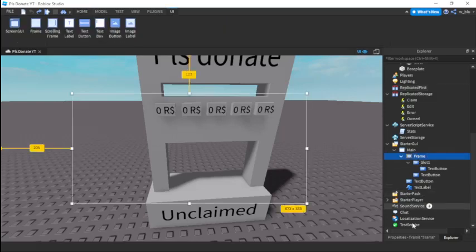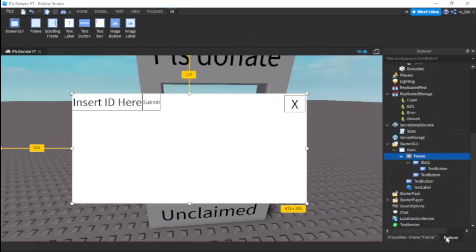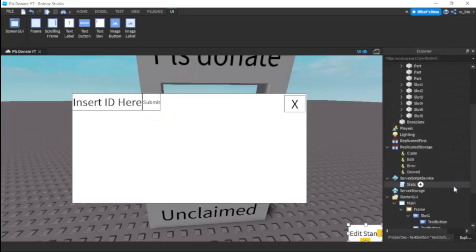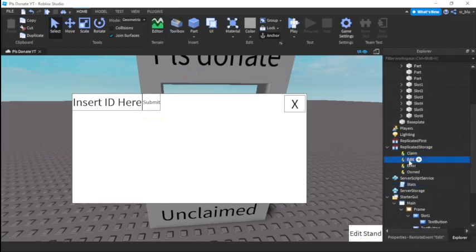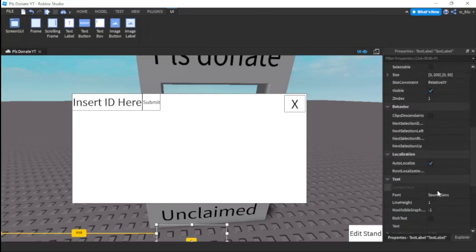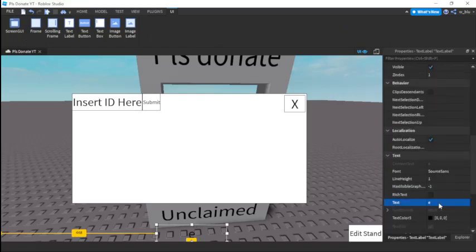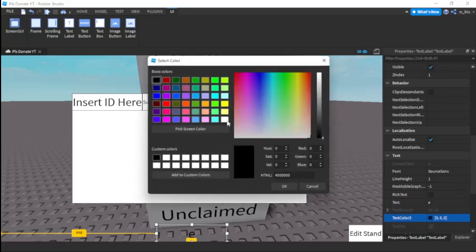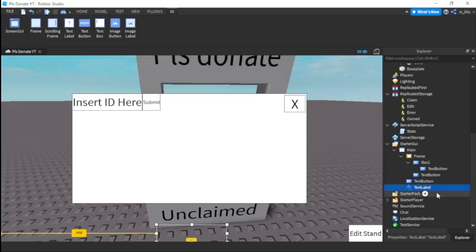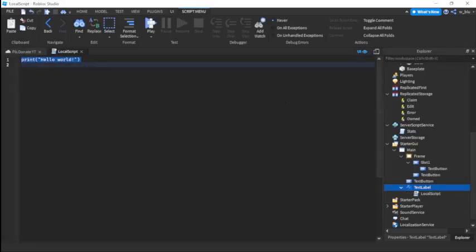So let's see, we're gonna make this frame visible, just make everything visible. Let's see, text button visible. Okay, and quickly we're just gonna script these for remote events in the GUIs, okay? So first we're gonna go to this text label over here. I'll just make it white since it's hard to read. Okay, just remember we did that, so watch this. So insert one local script and type this